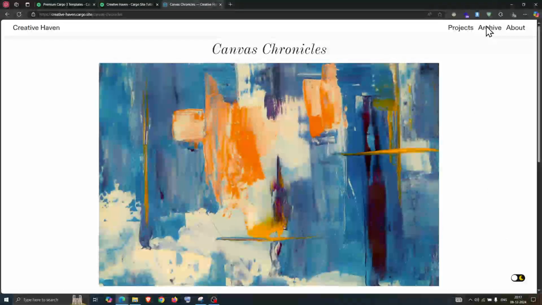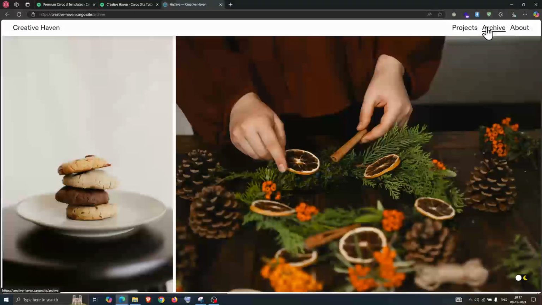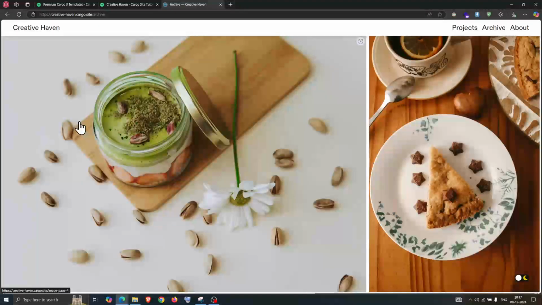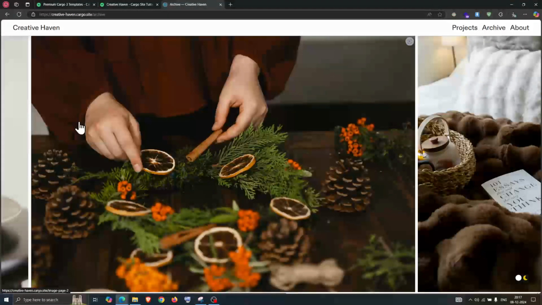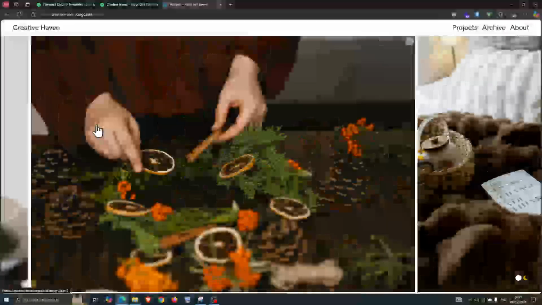Then we have the archive section, and in the archive we have horizontal scrolling. If you scroll the mouse wheel, it is going to move horizontally.